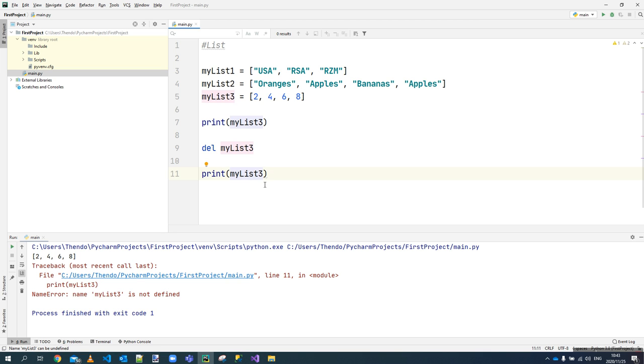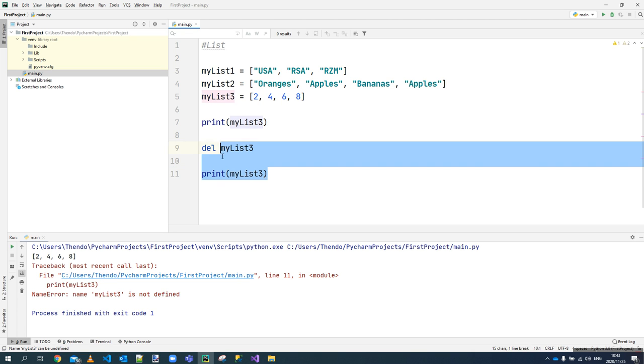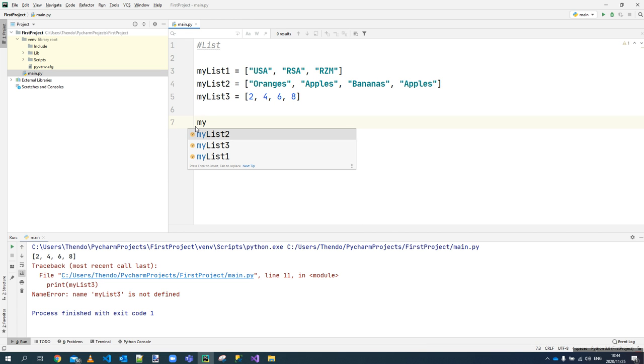So let's say you don't want to delete it. What would you do if you don't want to delete a list? Maybe you just want to remove all items. Maybe there are 1 million items in that list, but you don't want to delete the list. You want to be left with a list. So what you will do, you will say my list number 2 dot clear. All right, so dot clear makes sure that there is no